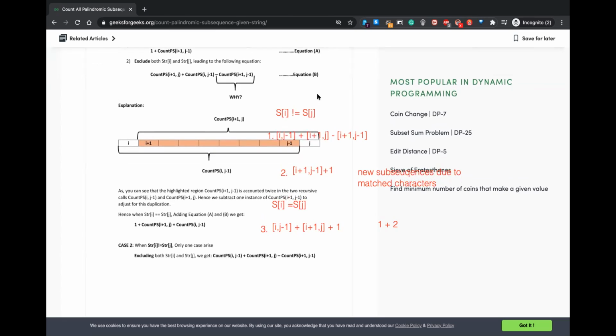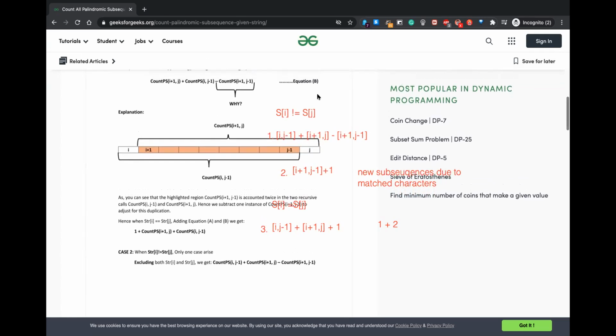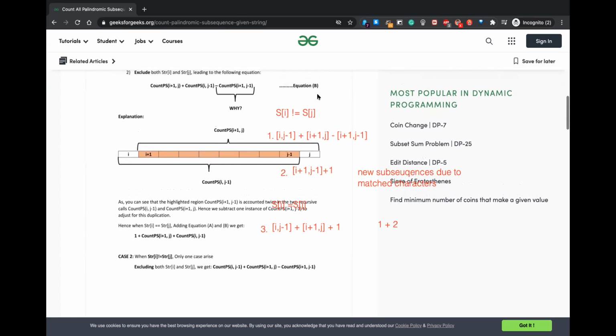So in the first condition, in i to j minus 1 plus i plus 1 to j, there we were taking only the extreme left point. So in that case, that single character will be counted as a palindrome without taking the extreme right one. Okay. So now this being said about the generic palindromic subsequence count,